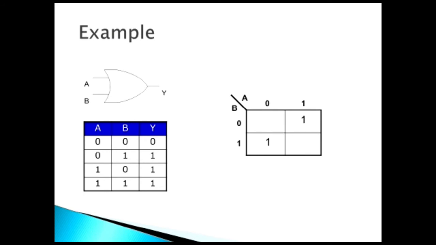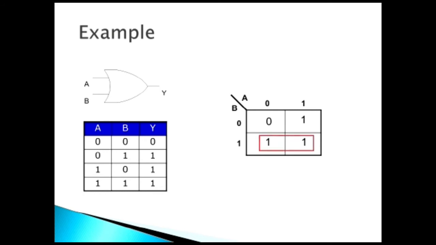Now when A is equal to 1 and B is equal to 0, output is 1. So we have represented this next one. In the same way we will represent the last output at the particular cell, and for A is equal to 0 and B is equal to 0, output is 0. The next step in this case is to make the pairing of the cells.